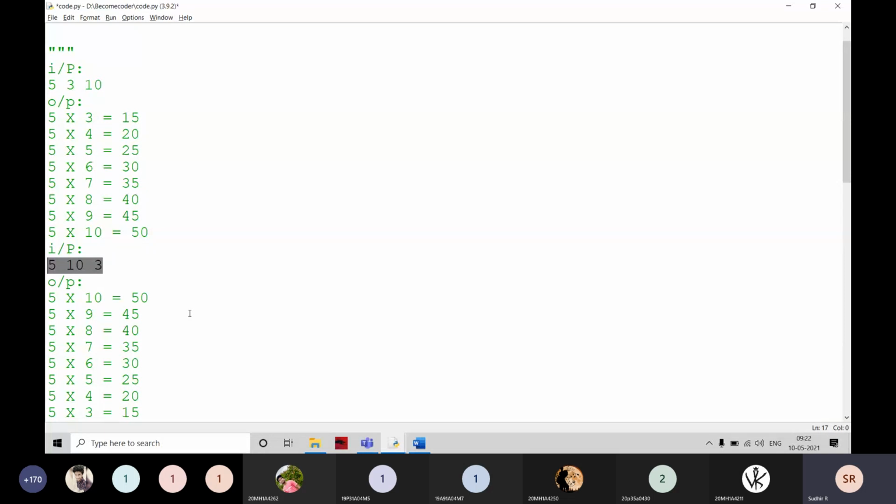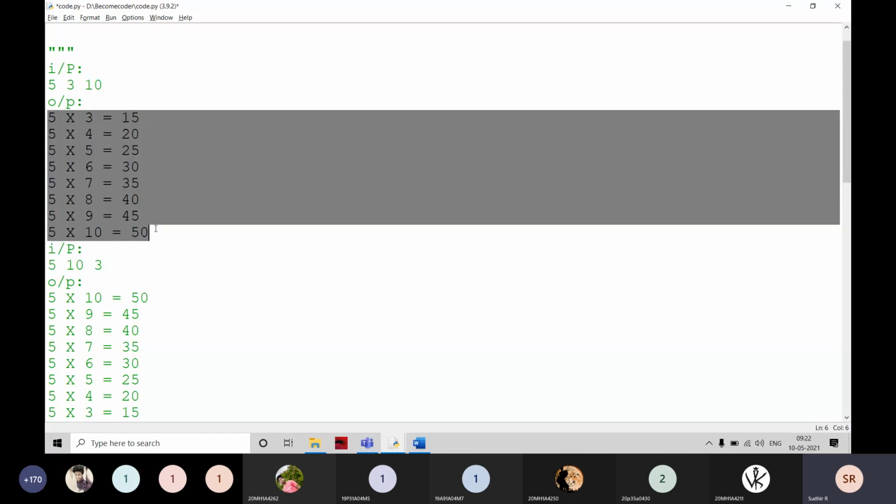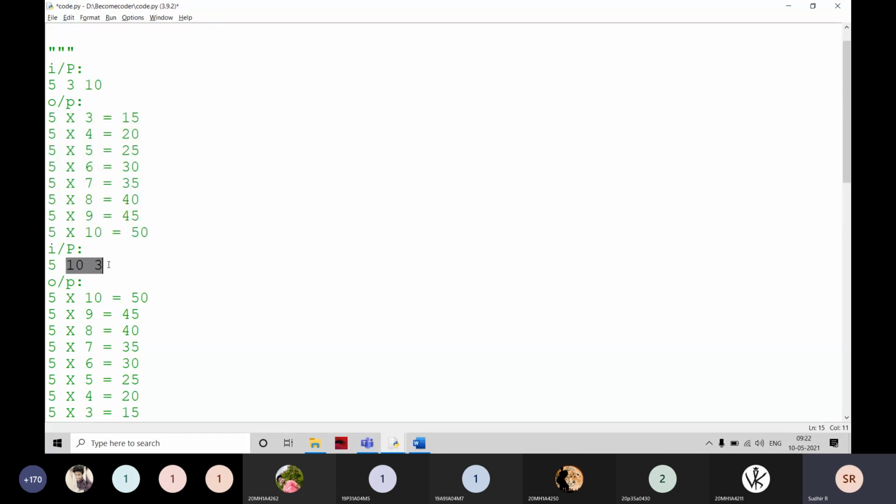No, that is not correct, right? Manju, that is not correct, right? If it is smaller and bigger, I want it in a forward direction. I have to start at 3 and stop at 10. If I give here 10 and 3, I have to start at 10 and stop at 3. Salaja, you are done with the 2 loops. I'm asking for 1 loop here.